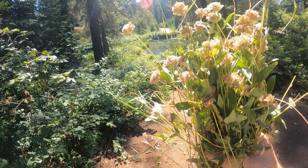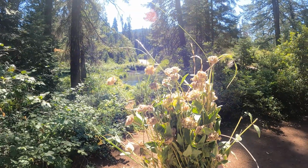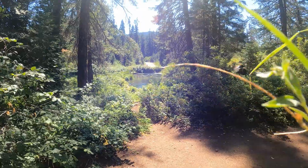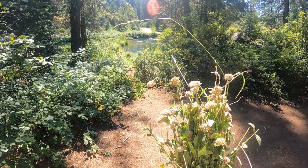This is coyote mint. I like to make a tea out of this, and I also powder this up and use it in recipes as a culinary herb. It has a nice minty smell to it. This is the high mountain monardella,